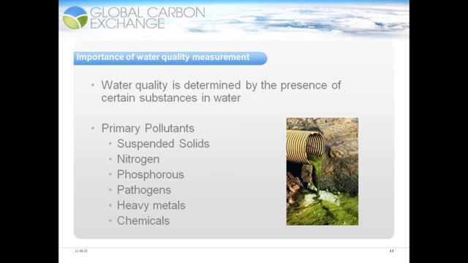However, this is not always possible due to the cost. Now, some of what you'll be looking at while measuring water quality are what we call your primary pollutants. Your primary pollutants include suspended solids, oxygen and phosphorus, your pathogens, heavy metals, and chemicals. Now, the quality of the water, or the water grade, will be ranked based on the presence of these primary